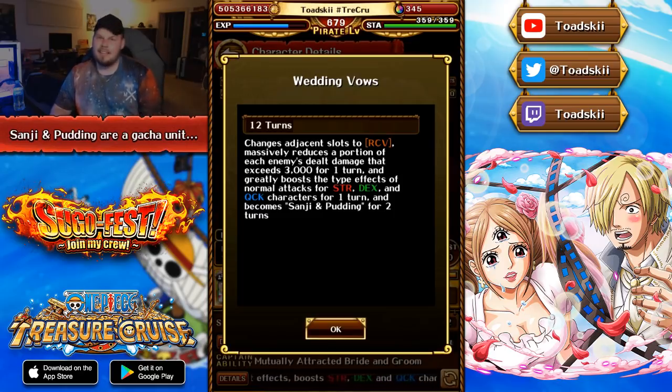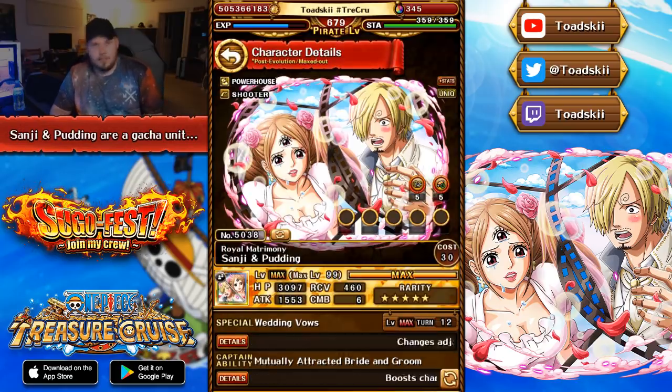This is what I'm saying, the character will definitely see play, I think. 1.75 color affinity for 3 colors is pretty good. The fact that you can use the special to tank massive damage from enemies is also pretty good. Adjacent orbs into recovery is also pretty good. It's just a pretty good character, but